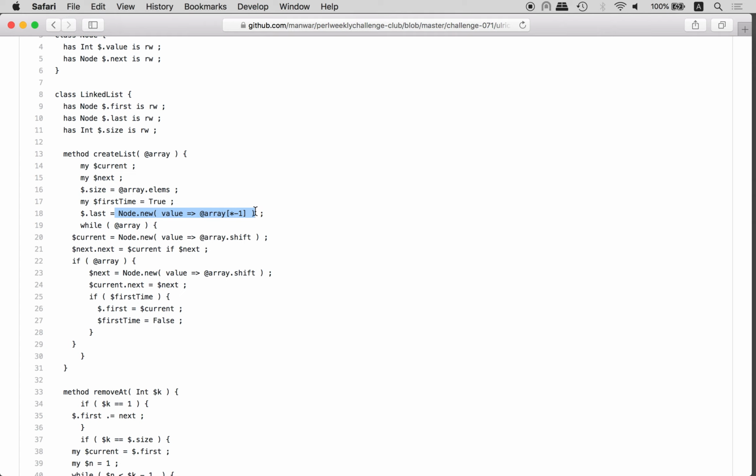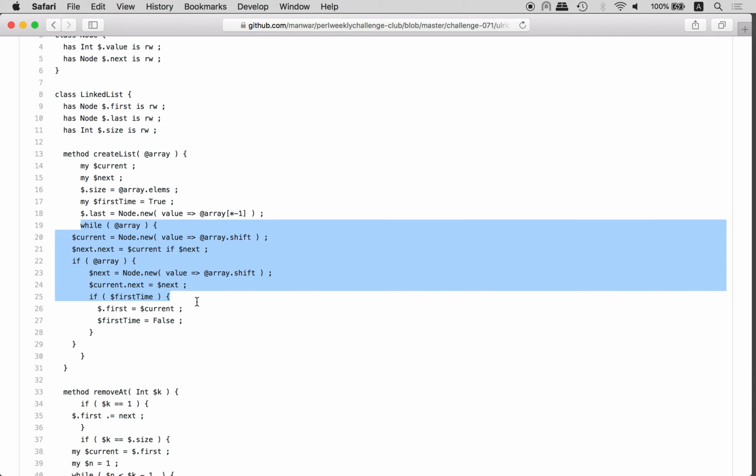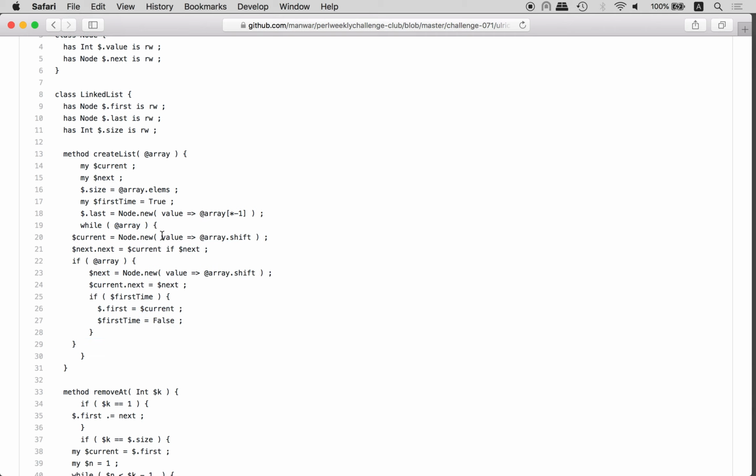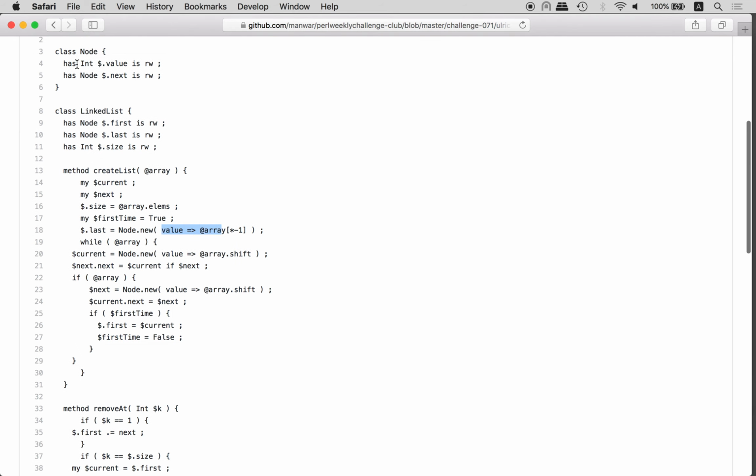And we take, okay, so we started again from the end of the list. We took the last element in the array, and while there is something in the array, so again this construction, I was stuck with this construction last time. So yeah, we reduce the array by shifting some values. We create new node with this value. Basically, when you create it like this, you immediately fill this value with this value, right? And next, if there's next, so we fill this next pointer, and